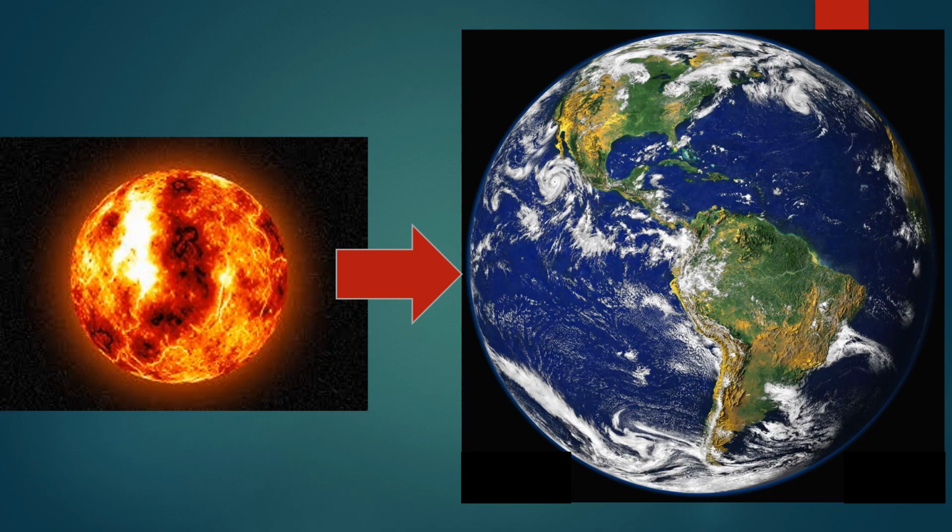So the first question is, where did the continents come from? At the very beginning of the Earth's history, there was no crust on the Earth's surface. The Earth was a hot, mushy magma ball. As the Earth cooled from the surface, as well as from its interior, gradually iron and nickel elements sank deep into the core of the Earth, and the light elements such as silica and oxygen were left in the